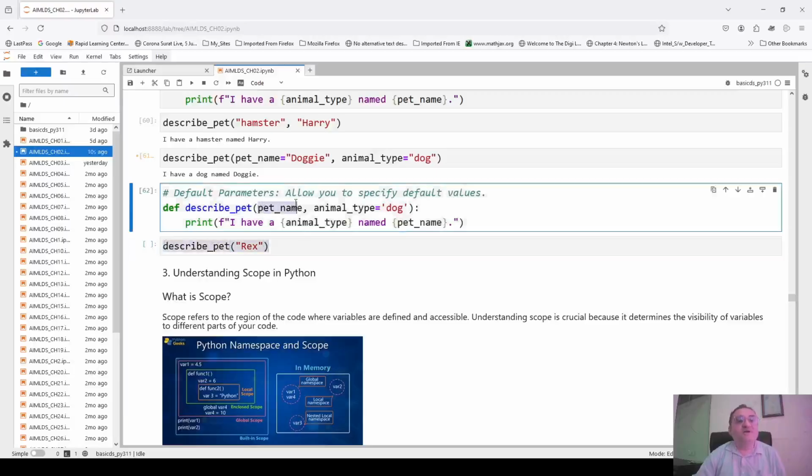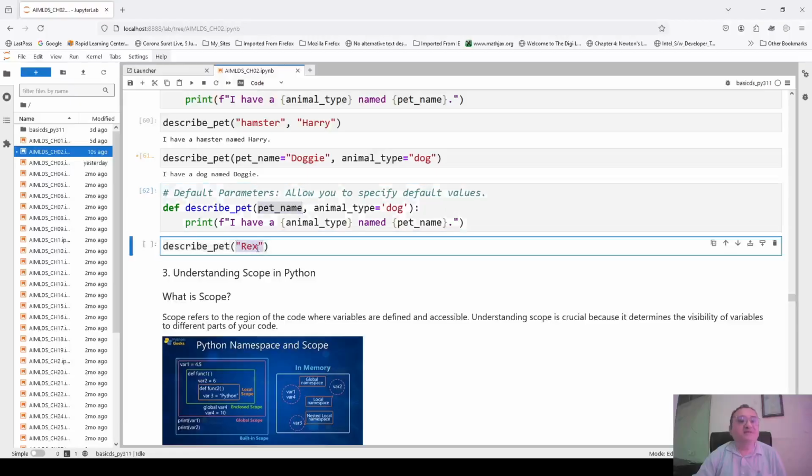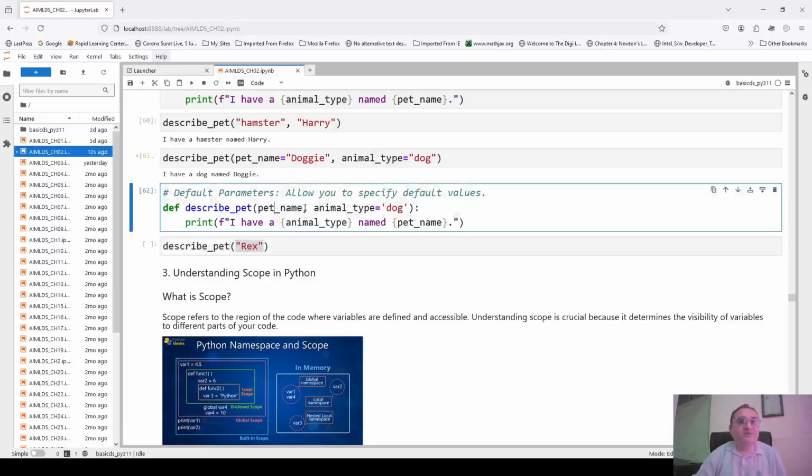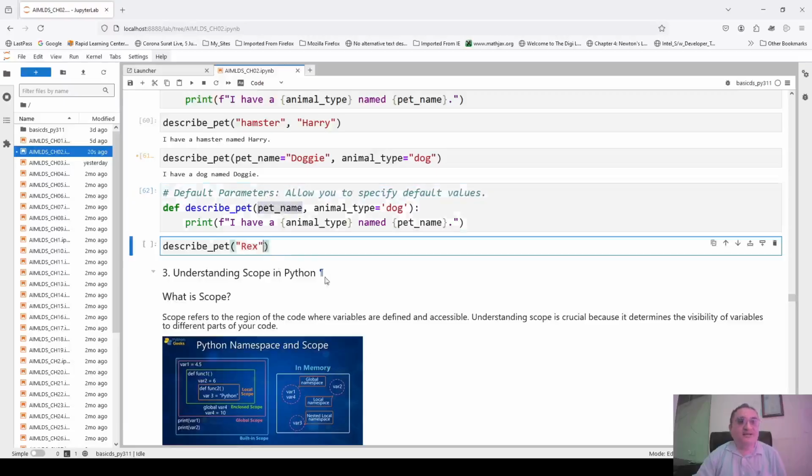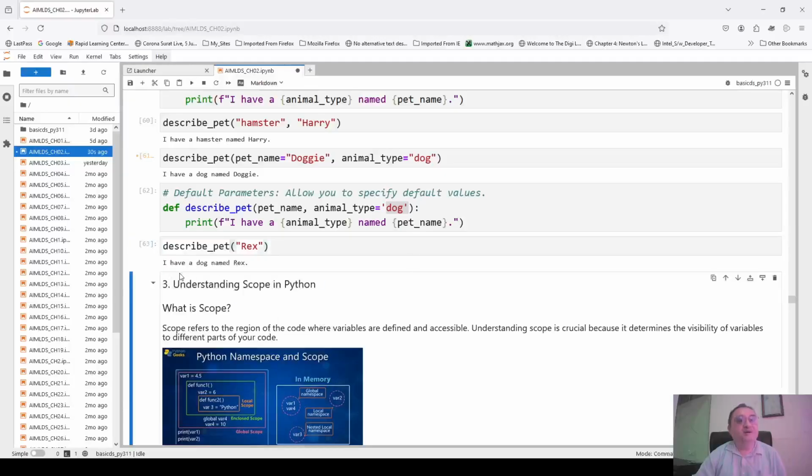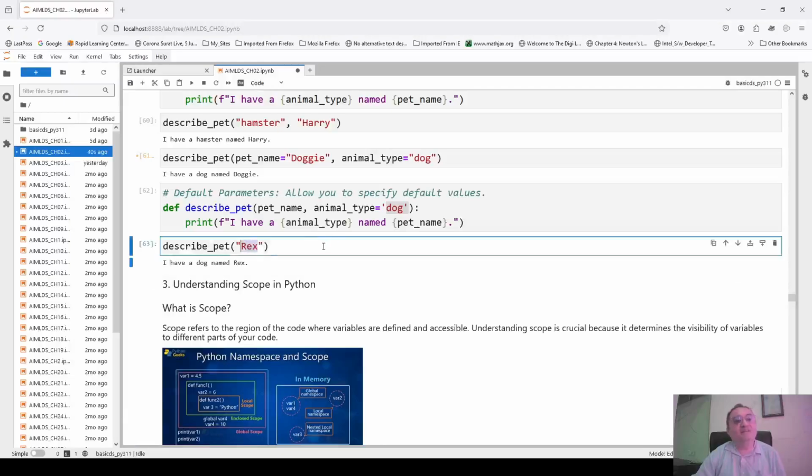Now I call the function describe_pet. Actually, it requires two arguments, pet_name and animal_type, but I am passing only one argument, so it will automatically assign to the one which has no default value. But where is the second argument? No second argument is there. Then in animal_type, it will take the default, dog. So I have a dog named Rex, and you can just go on changing the name, but every time it will go on using the same animal type, dog.